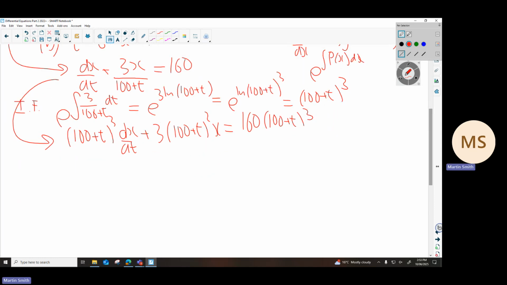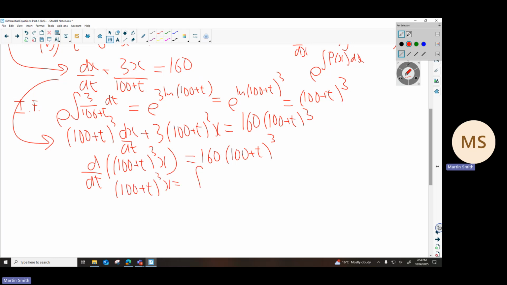The left-hand side will always be the derivative of, in this case with respect to t, because it's functions of t, the integrating factor 100 plus t cubed times the other letter, which is x, equals the right-hand side is still 160 into 100 plus t cubed. You can then integrate both sides to get rid of the differential. So you get 100 plus t cubed times x is the integral of 160 into 100 plus t cubed,